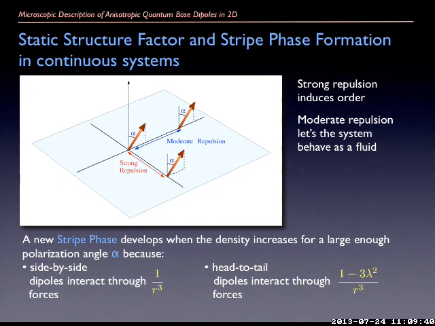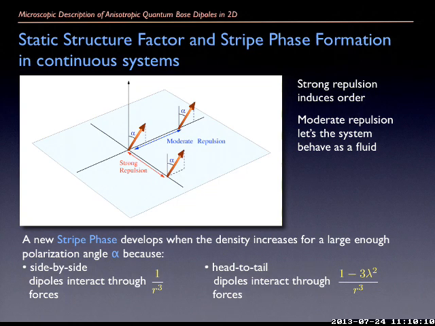So the reason why the stripes form is what I said before: along one line you have less repulsion than along the other direction. So more repulsion here tries to push one particle apart from the other, so they keep them in place. While this other interaction, the interaction along this line, if you approach the critical angle, so 1 minus 3